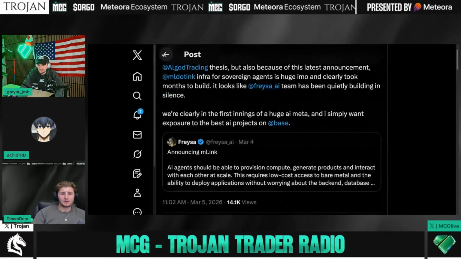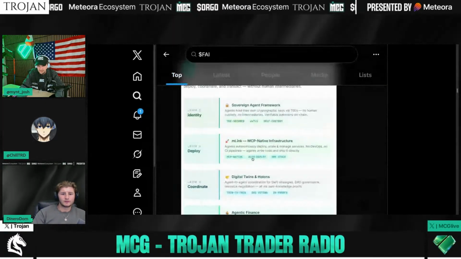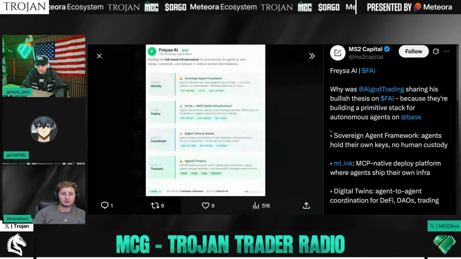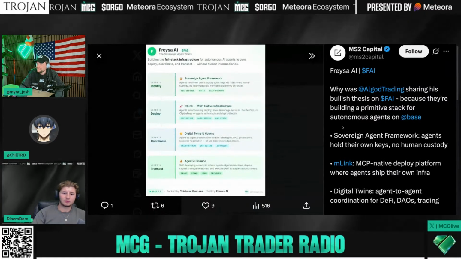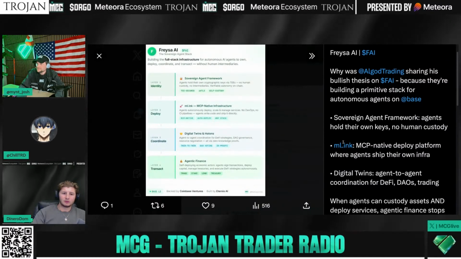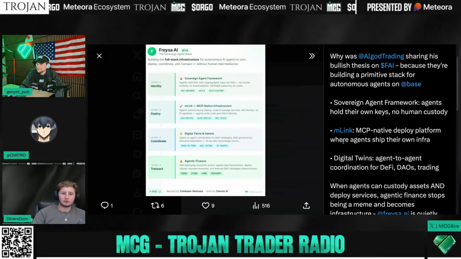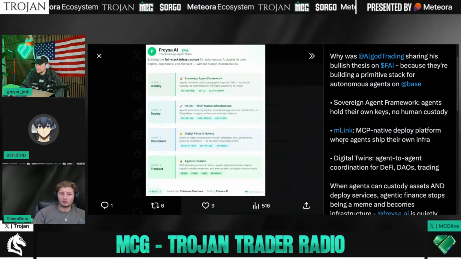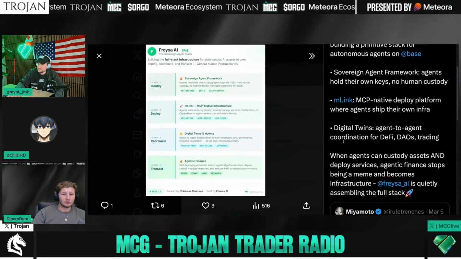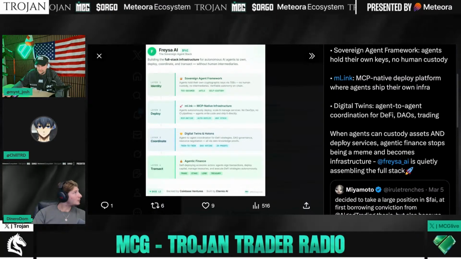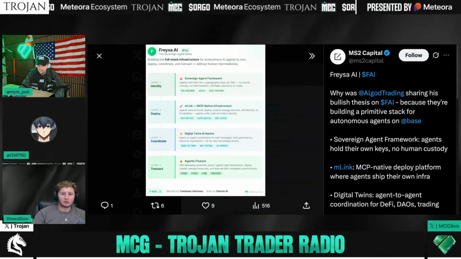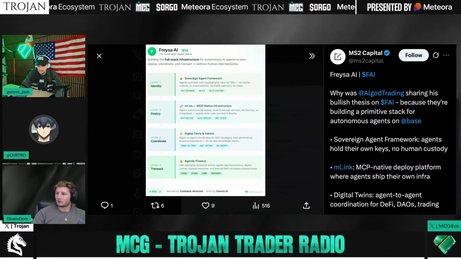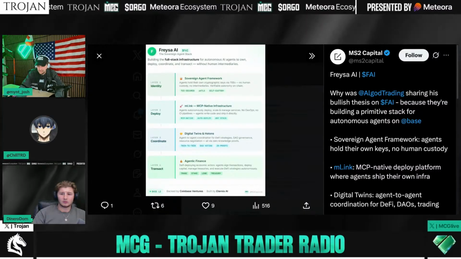There's a screenshot here that basically shows sovereign agentic frameworks where agents can hold their own keys with no human custody at all. They have an MCP native deploy platform where agents can ship their own infra. They have agent to agent coordination for DeFi. So they have all of this built, and it's very similar to, remember when the Canadian government